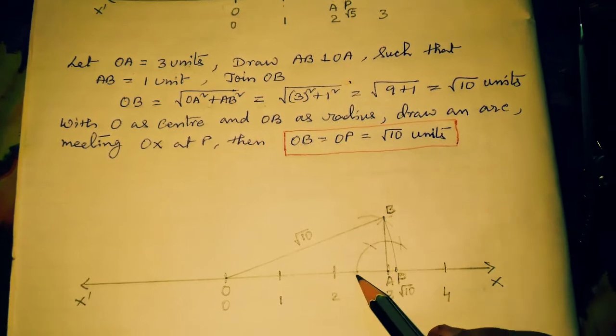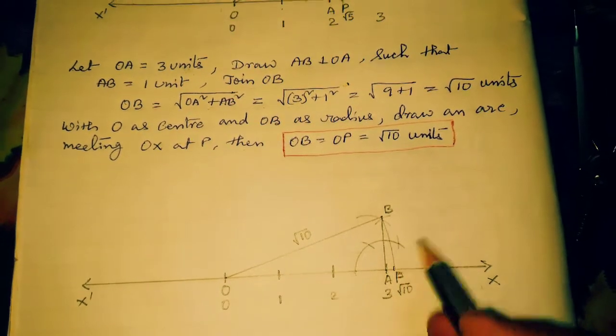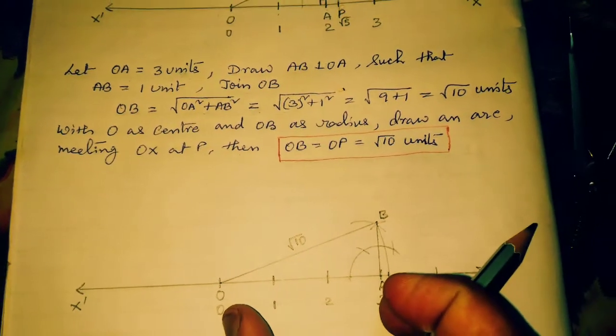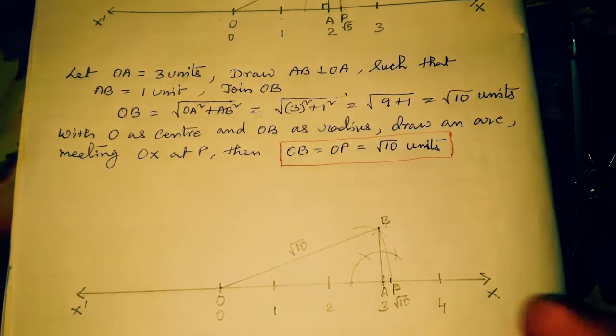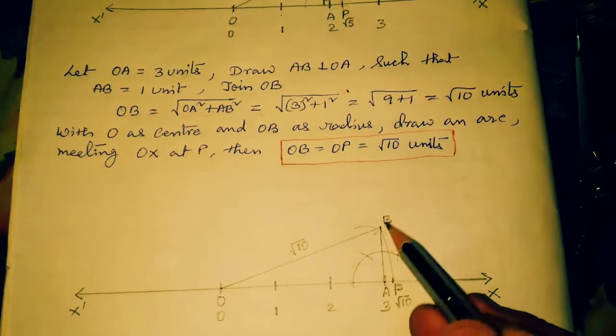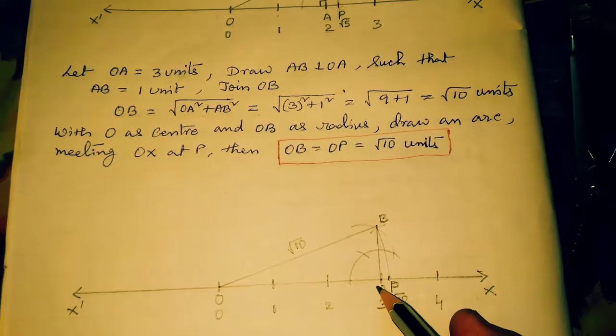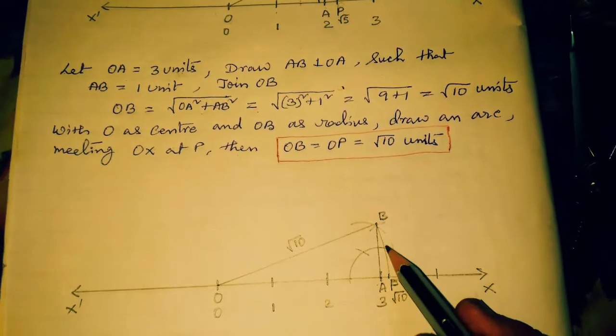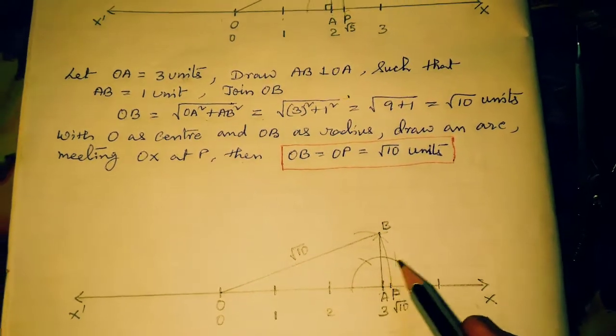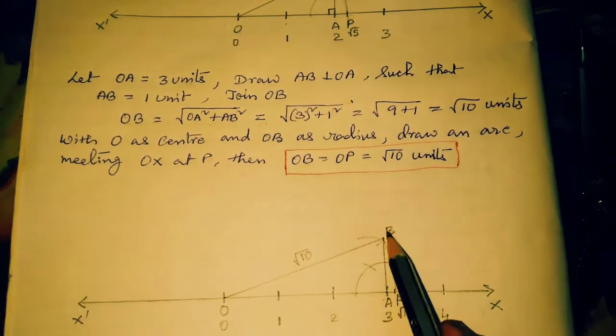Again from this point A only we'll draw a perpendicular, but OA is 3 units. Why we take 3 units, you will understand. And we'll draw AB perpendicular to OA, so that AB is 1 unit. So when you find out the value of OB,